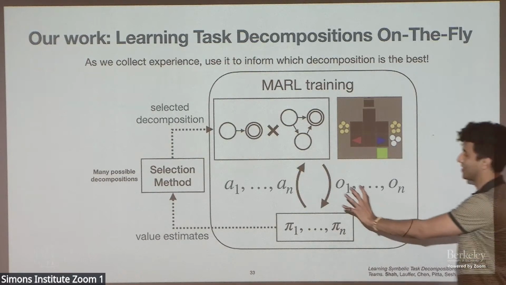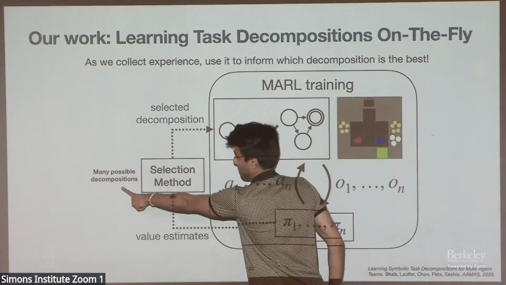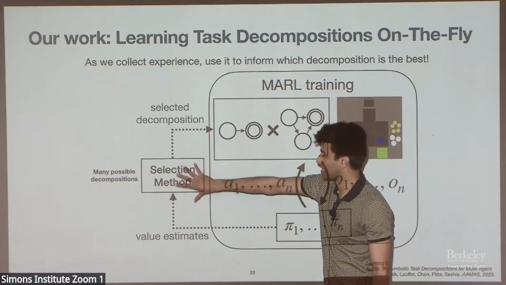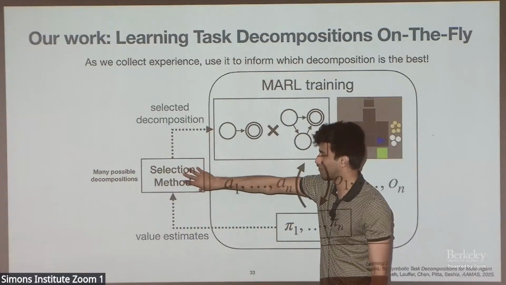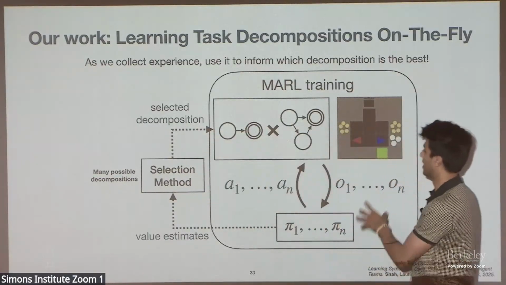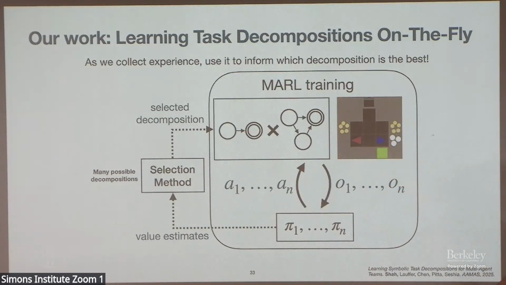Before we start this process, I'm going to generate many possible decompositions. That's step one. And then step three, which is the UCB algorithm, is going to pick one. At the very beginning, it'll just randomly select a decomposition. And then these agents are going to be conditioned on all the possible different tasks that they might be seeing. So they're going to know, okay, I'm in decomposition number 4, and I've been assigned task 2. And it'll try to accomplish that by learning a task condition policy.